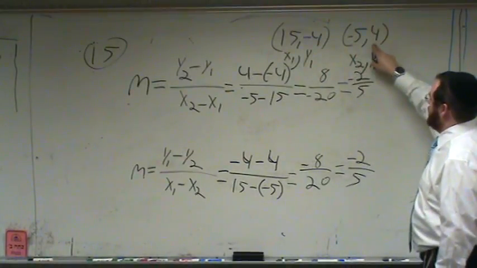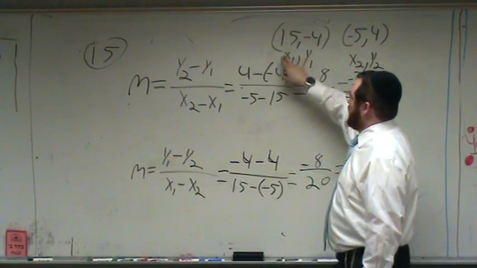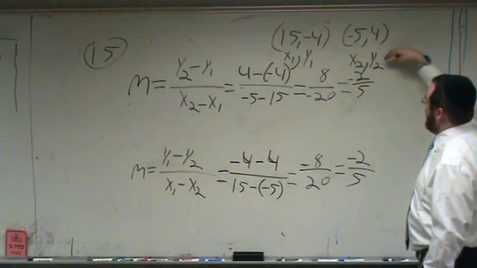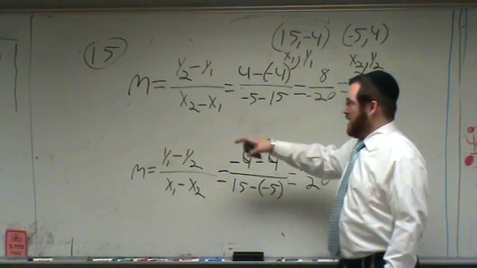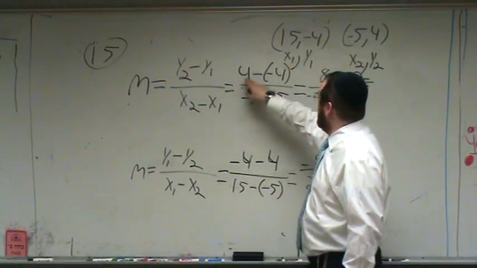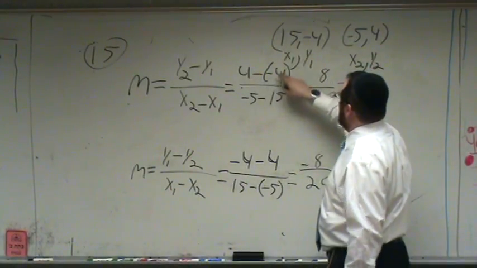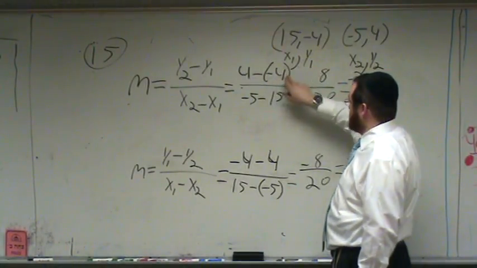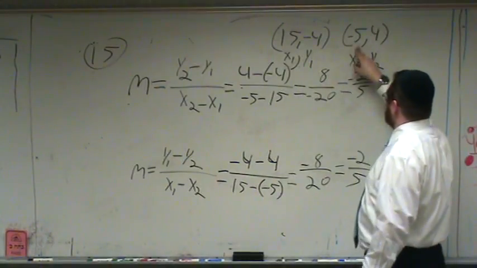and the negative 5, 4 as x2, y2. So x1 is 15, y1 is negative 4, x2 is negative 5, and y2 is 4. Let's plug it into the first equation. M equals y2 minus y1. y2 is 4 minus y1 is negative 4, so it's 4 minus a negative 4, which is 8, over x2 is negative 5